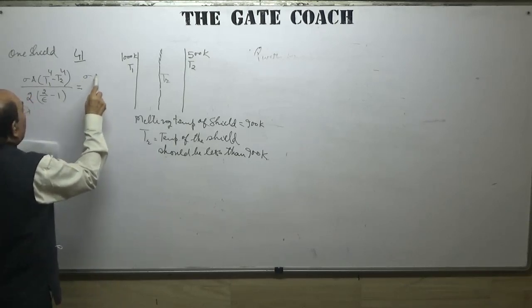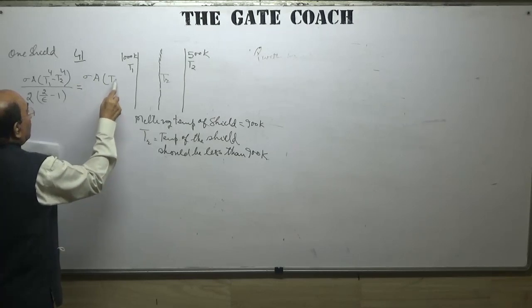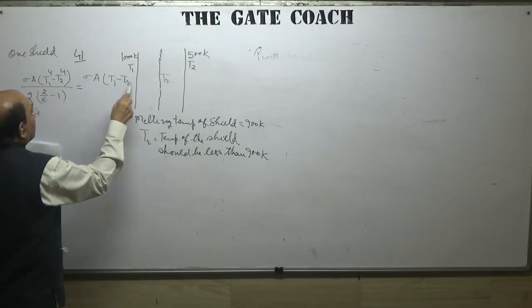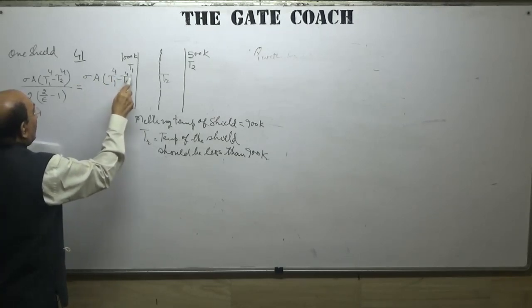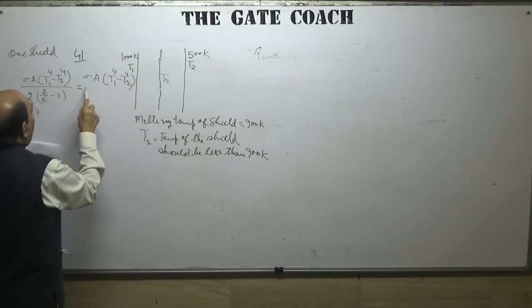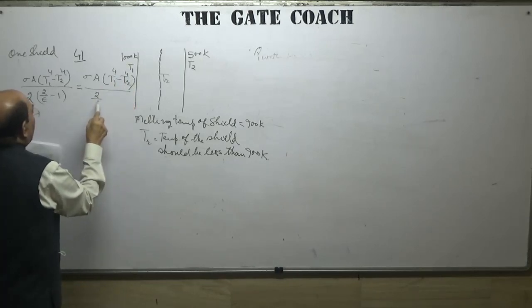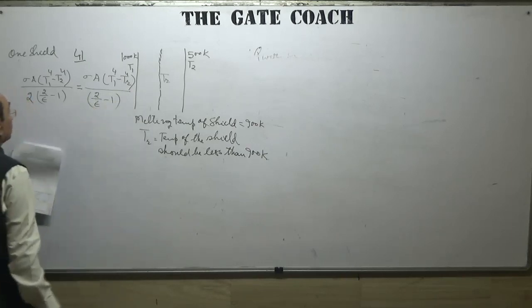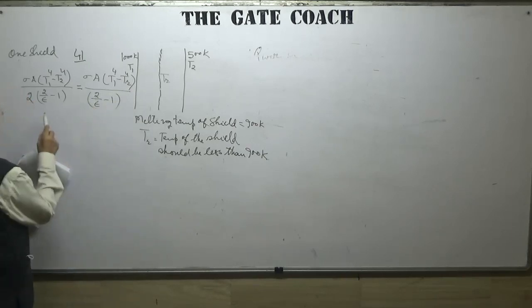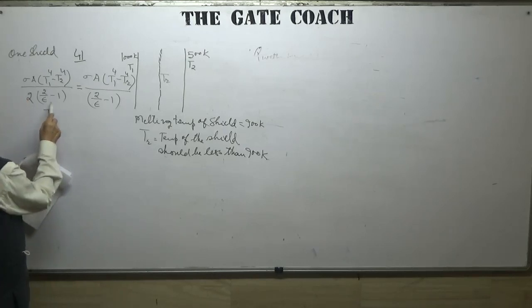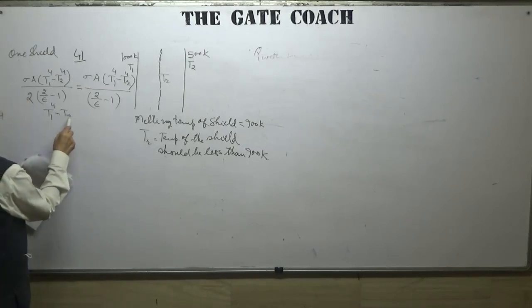That means sigma A into T1 minus Tr upon 2 upon epsilon minus 1. This will mean T1^4 minus T2^4